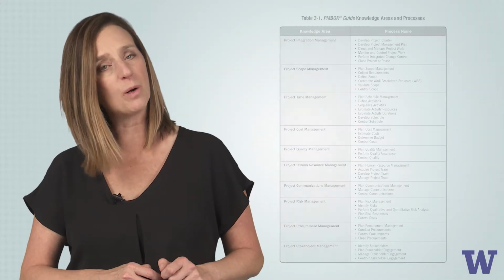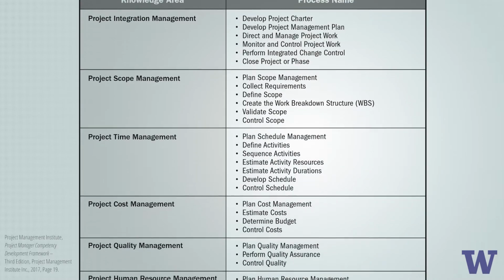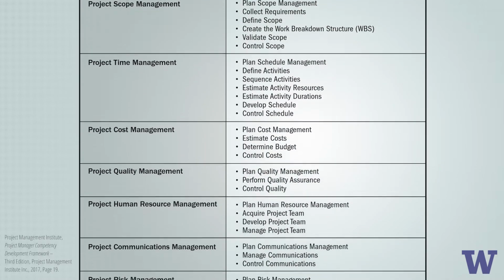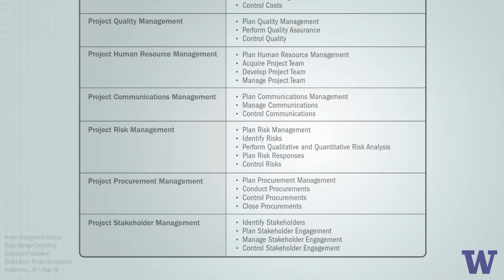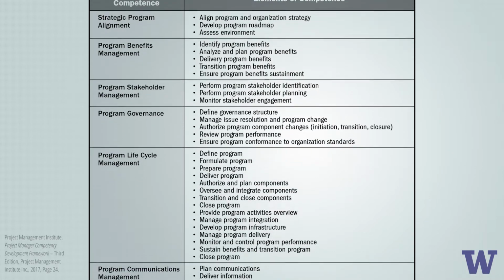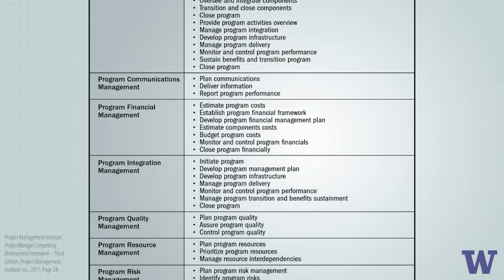In terms of performance competencies, the project and program manager are evaluated by their performance in the 10 knowledge areas. However, the specific measures for success are different, mainly that the project manager must show competence at the project level and the program manager shows competencies at the program level.